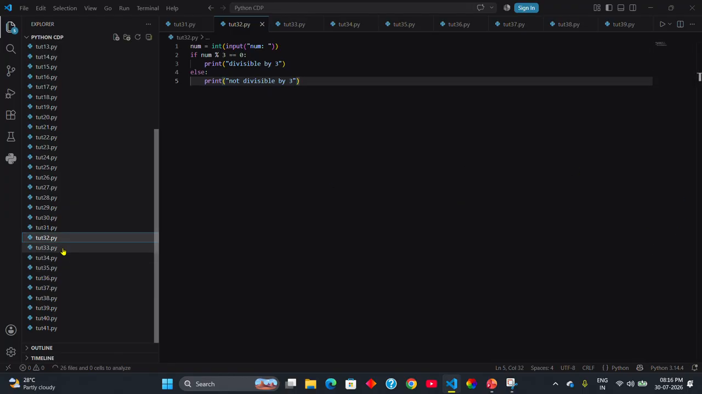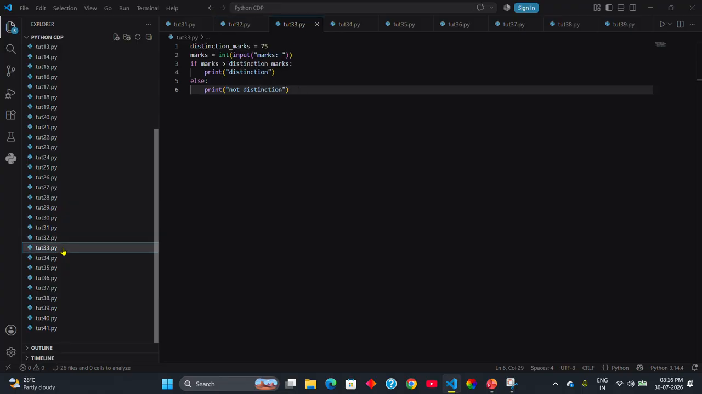Then here is the distinction mark. If we have a score greater than the distinction mark, we are going to print distinction, otherwise non-distinction. So distinction marks is 75, marks equal to int input marks. So if marks greater than distinction marks, it is going to print